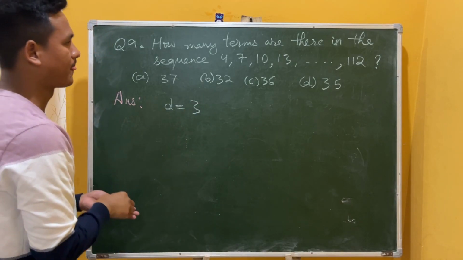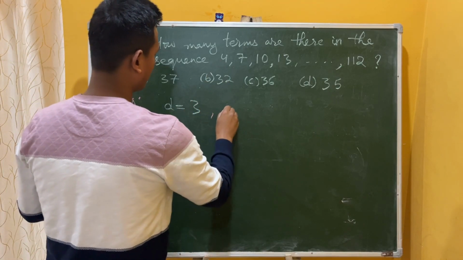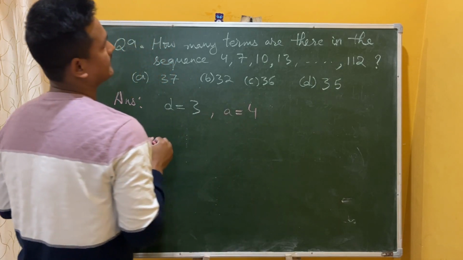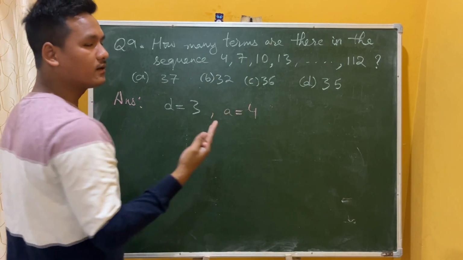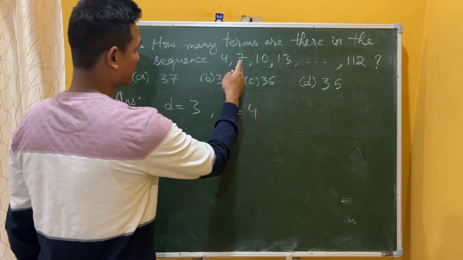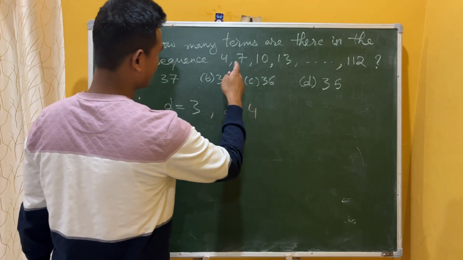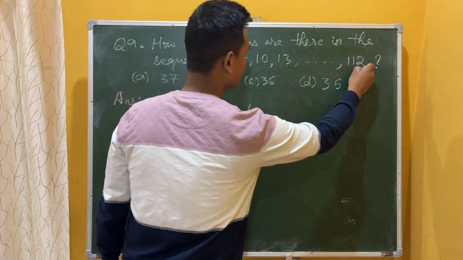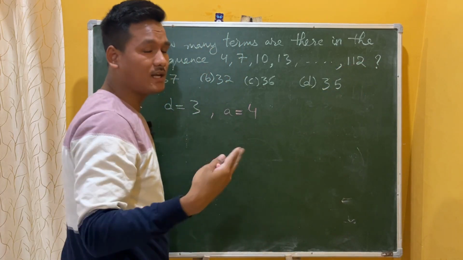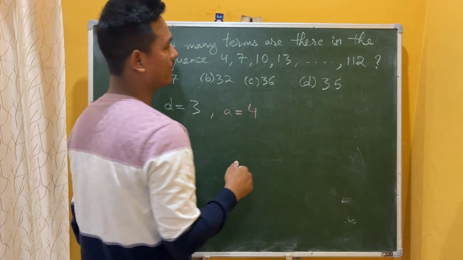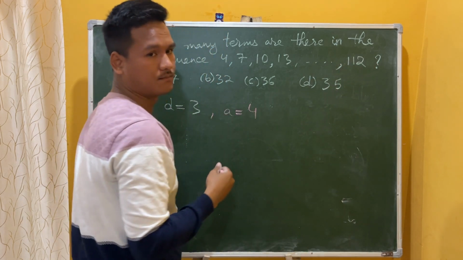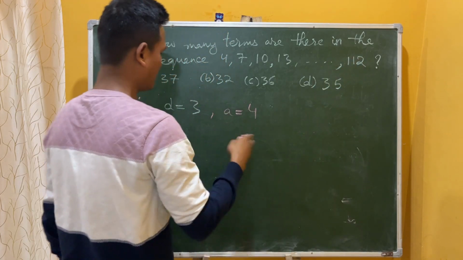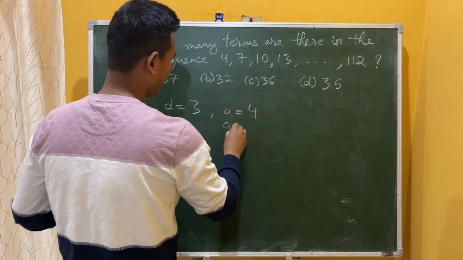D is 3. The first term is 4, which is denoted by A. How many terms are there? What does that mean? This is your first term, second, third, fourth, and there are many other terms. The last term is this. This could be the 28th term, or the 19th term, 100th term, 50th term. So which term is this? The last term, which you denote by an or L,